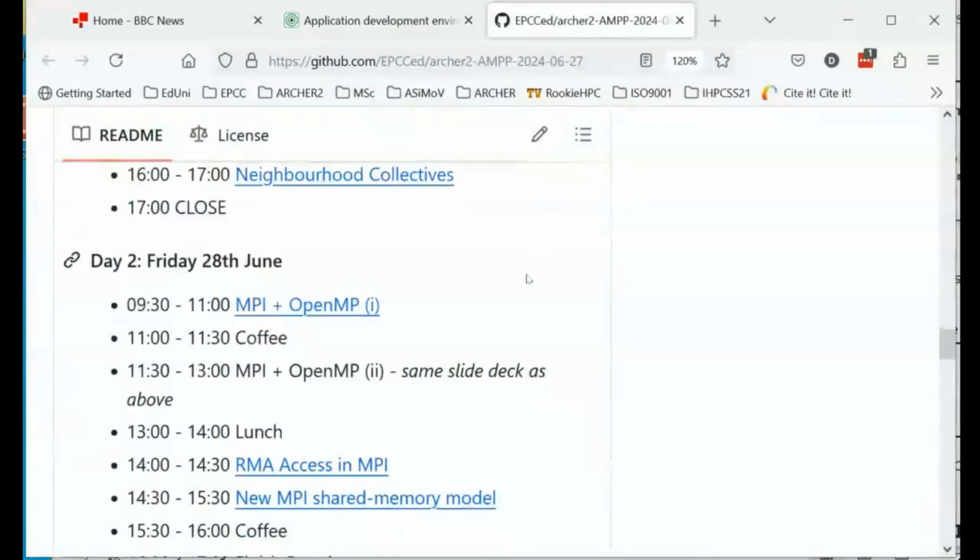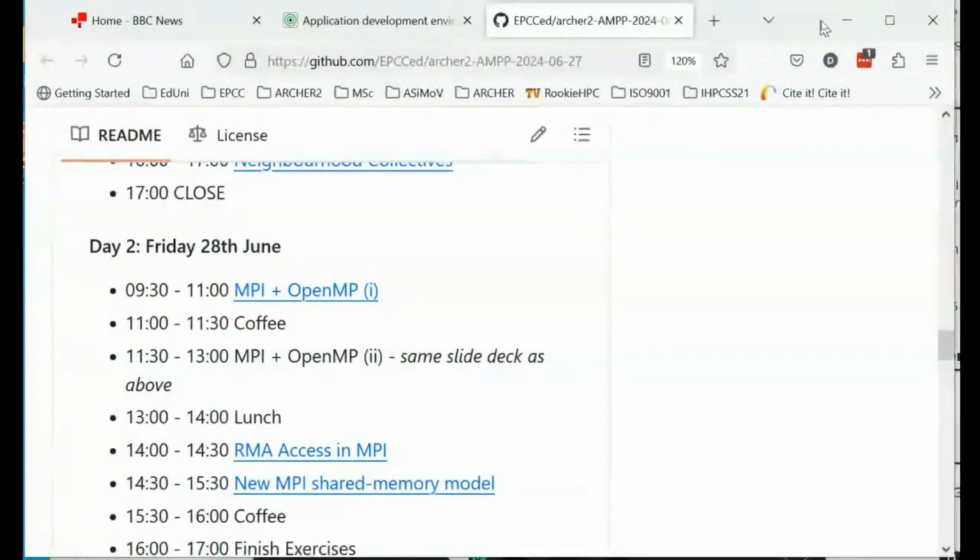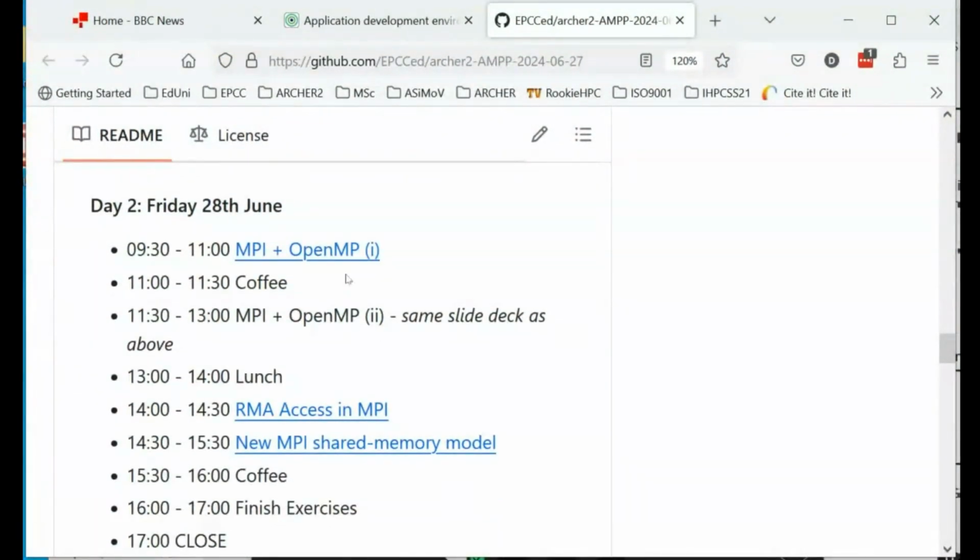So what we're going to talk about is MPI plus OpenMP. We'll do that for the whole morning. There's quite a lot to it, and there's an exercise there. It's one slide deck, and I'll carry on. So basically, this whole day is about